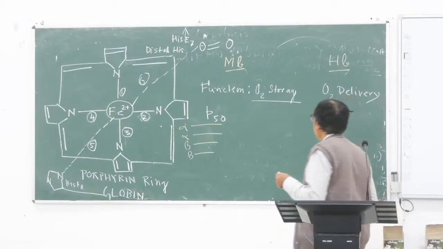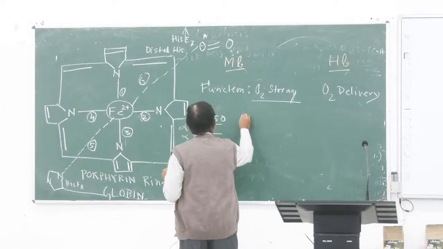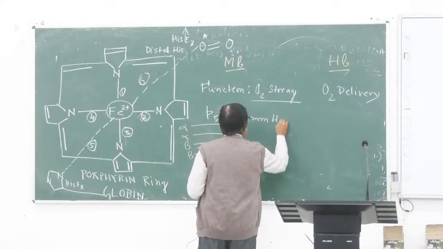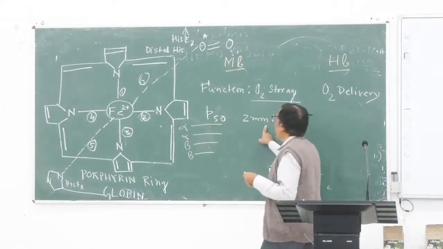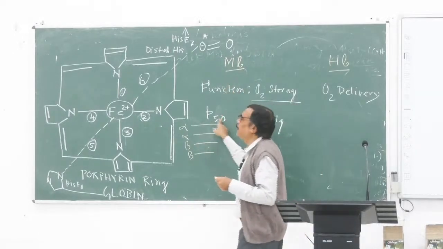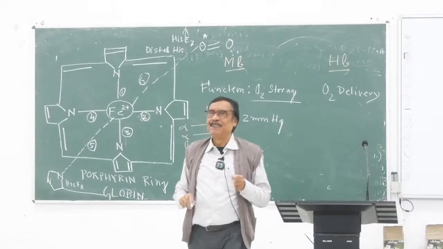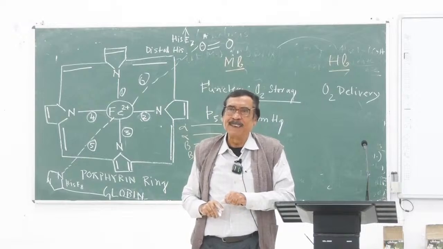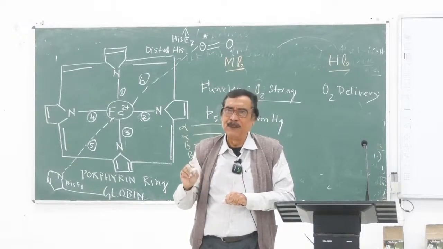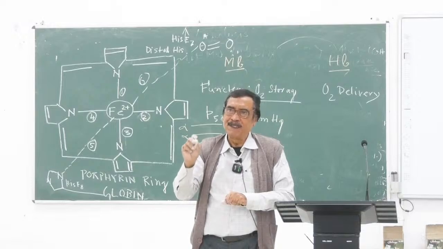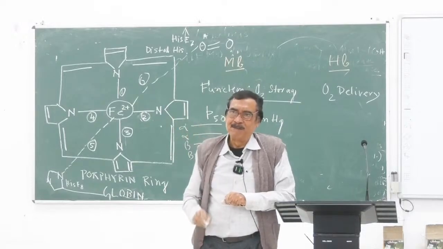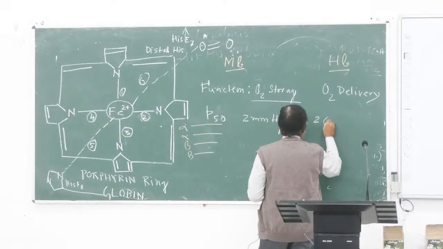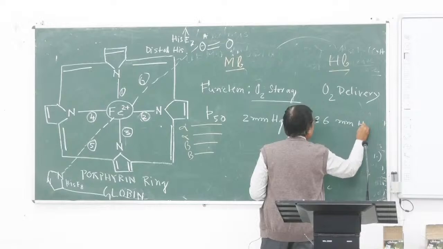কোনটা হায়ার হবে? মায়োগ্লোবিনের ক্ষেত্রে এটা 2 মিলিমিটার অফ মার্কারি, খুব কম, কারণ এর তো অ্যাফিনিটি বেশি, তো 50% of the myoglobin will get saturated with oxygen. পার্সিয়াল প্রেসার যদি 2 মিলিমিটার অফ মার্কারি হয়, খুব সামান্য পার্সিয়াল প্রেসার অক্সিজেনের, অক্সিজেন কনসেন্ট্রেশন খুব সামান্য, তা সত্ত্বেও 50% of the myoglobin molecules get saturated. কিন্তু ইন কেস অফ হিমোগ্লোবিন এই ভ্যালুটা হবে 26 মিলিমিটার অফ মার্কারি।